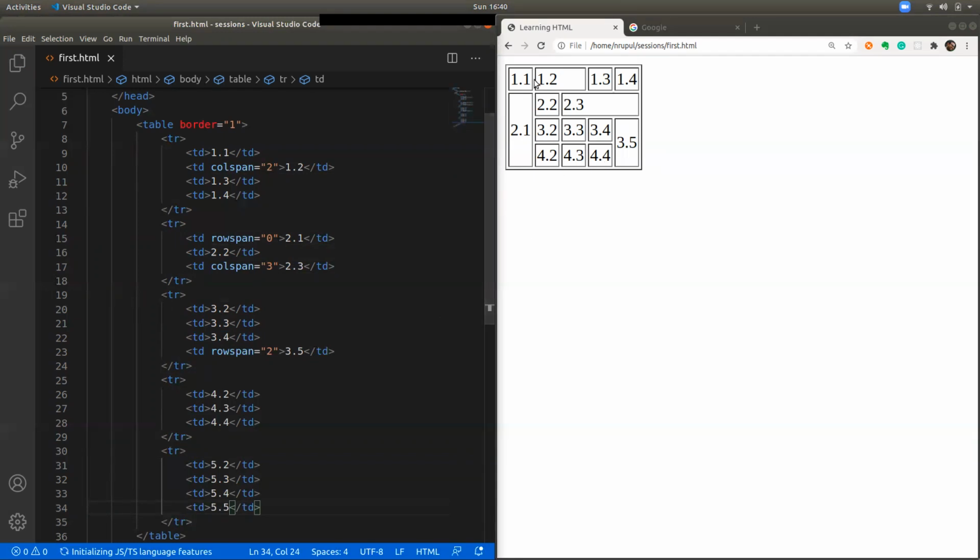Now you can see that this one got extended because the row span of this is a special value called 0, which will make it extend till the end of the table. So this is how you can use row span and col span attributes to change the layout inside a table. Based on how many columns you want, how many rows you want for a particular cell, these can be controlled using these things.